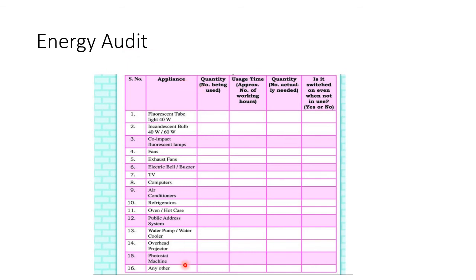We have so many electrical appliances like tube lights, bulbs, fans or exhaust fans, TVs, computers, ACs. So we have to just check how many are existing in the house, how many hours we are operating them, and then how many hours we actually need them. Have you overshot that limit? Just compare with your own limit. It's not that there's a standard set, you can just mention. And is it switched on even when not in use? The most important part. So begin with a personal habit. Please switch off appliances and your energy audit will be definitely